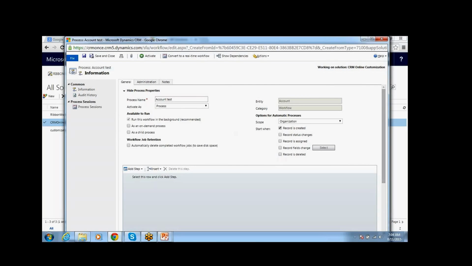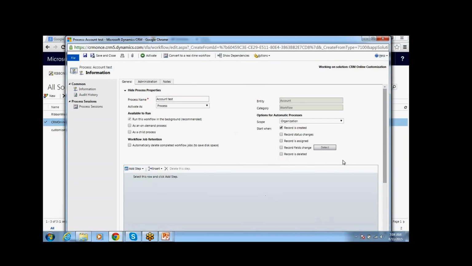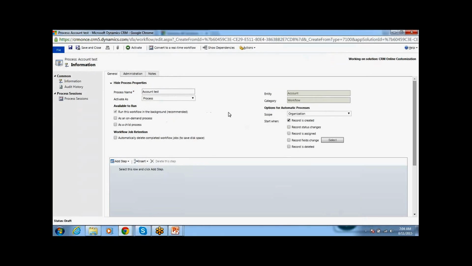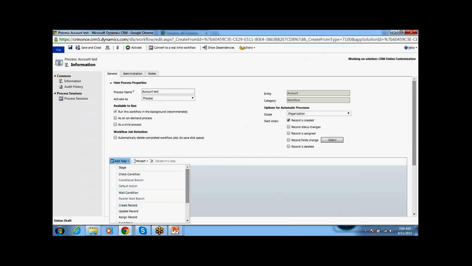Run as on demand and child process, I will explain in this session. Next, here we can see all the process steps. When you click on this, we can see all the process steps we can have.